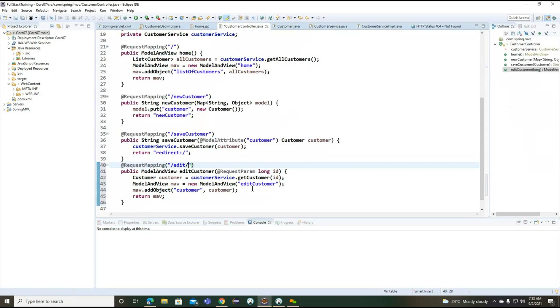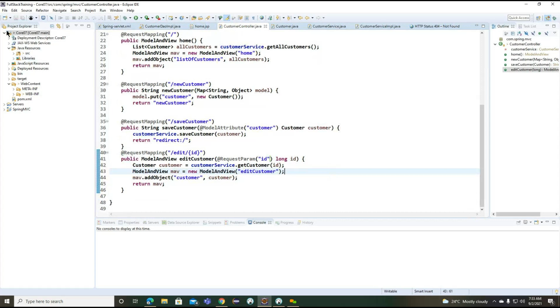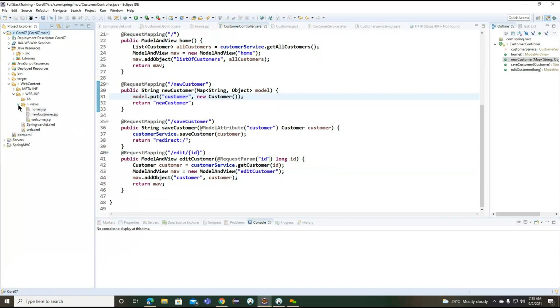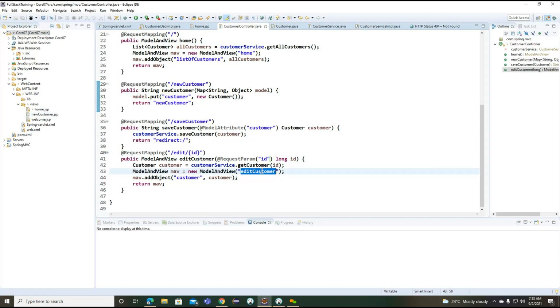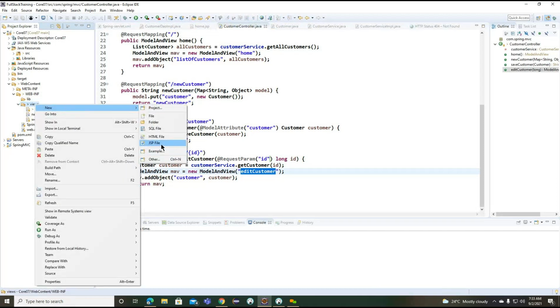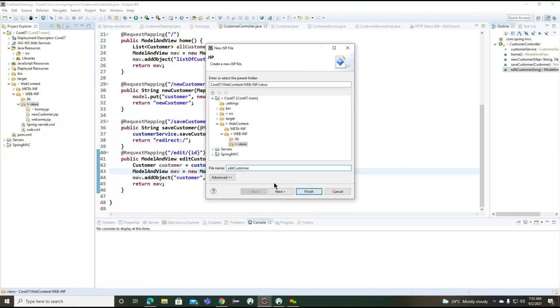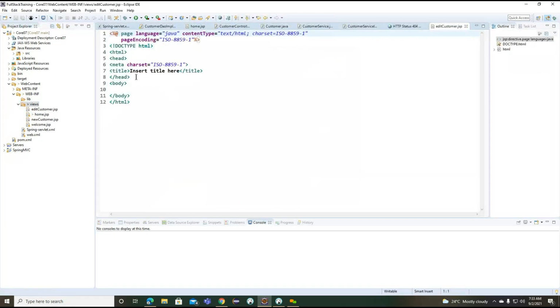The ID, okay. And create our edit customer.jsp.